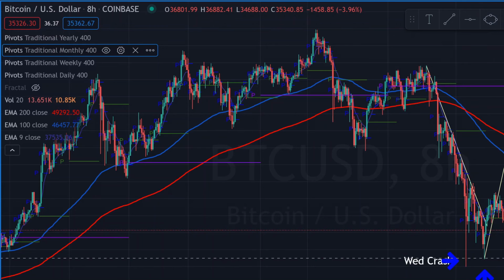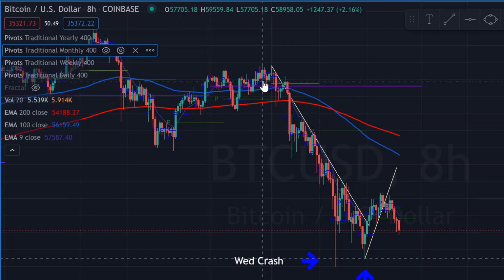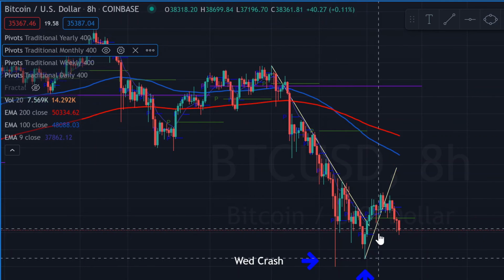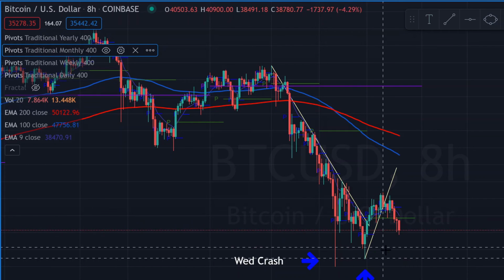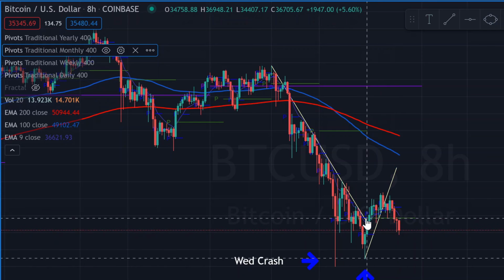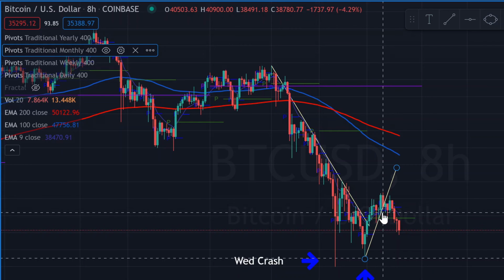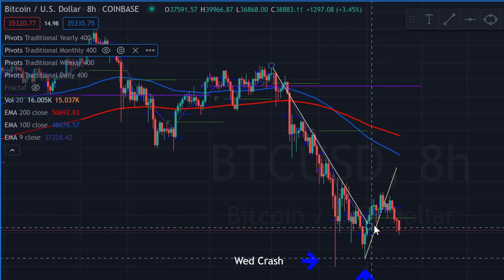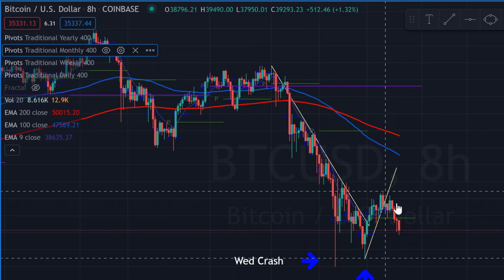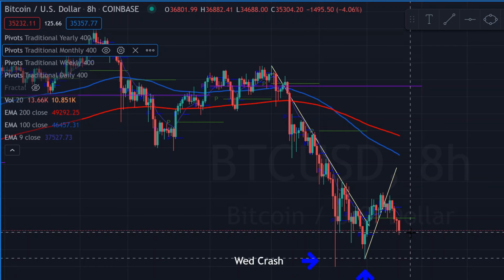So what we have here are trend lines. This is a trend line that I've drawn across the top of these candlesticks, and that was to show where price was tending to stop. And once it closed above this trend line here, that was a very bullish signal. But I drew a trend line across the bottom of these candlesticks and it broke that trend line, and that is a bearish signal. So there are a lot of mixed signals in this chart,